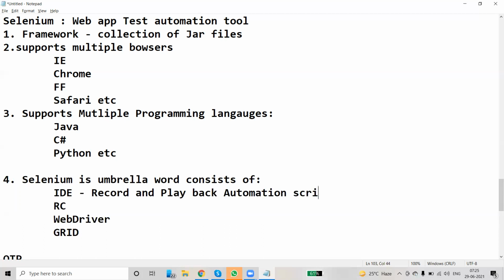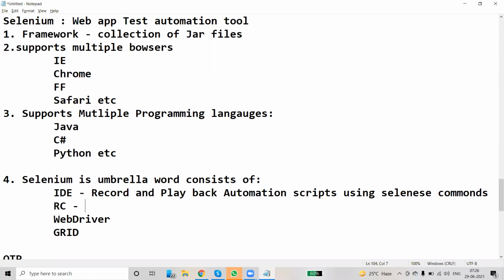Automation using Selenium commands. Okay. Then coming to RC. What is RC? RC is called Selenium Remote Control. Very simple, remote control. How does a remote control work? A remote control works based on infrared rays, right? Similarly, if you use Selenium RC, there is a middleware component that interacts with your browser. I will explain the architecture later.